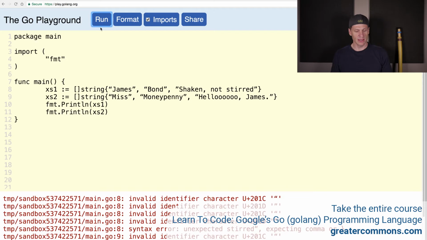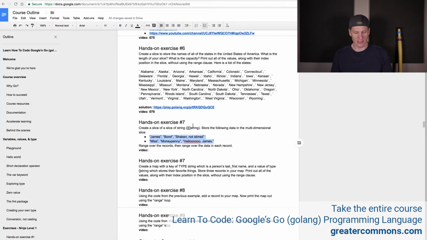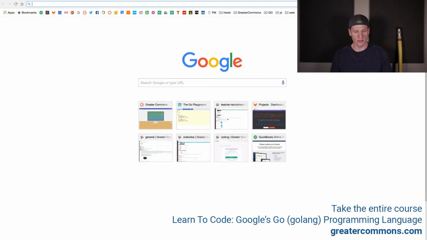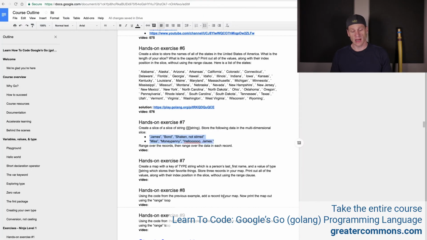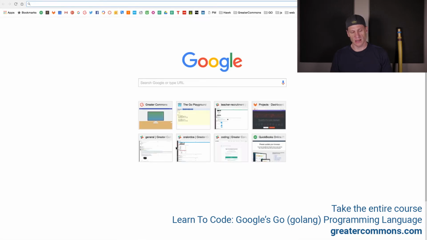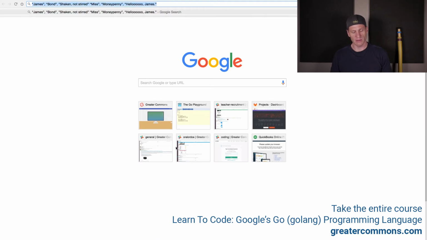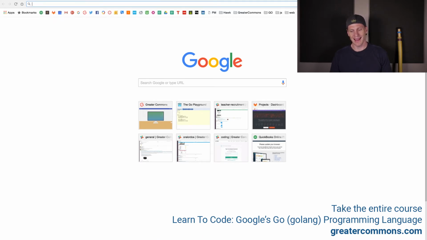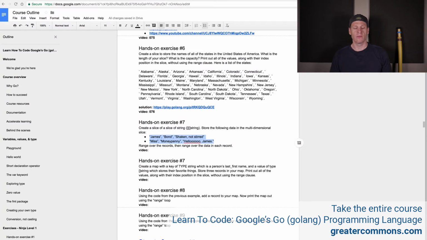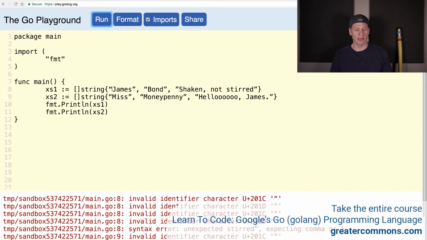I blew something up. So XS1, slice of string, composite literal, commas, and invalid identifier character. I think that means that I have some formatting characters in here that it doesn't like. So I'm going to take these over to, what I just did there is I copied it off of this page. I stuck it into the browser bar. I pasted it. I selected it again with Command A, and then I cut it with Command X. And all of that was to strip away any of the HTML and any of the formatting and leave me just with text. So when I come back here to the Golang Playground and I drop that in,